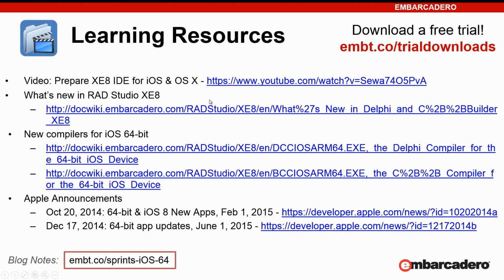So I've got what's new in the XE8 product, new compilers for iOS 64-bit for both Delphi, the DCC iOS ARM64, and the BCC iOS ARM64 compilers. Those are documented in the doc wiki. And there are several, but these are the two